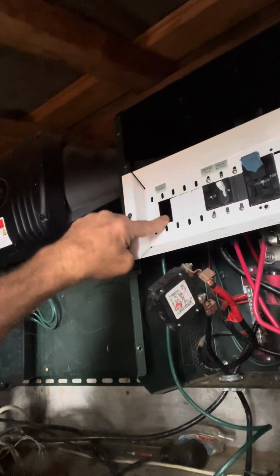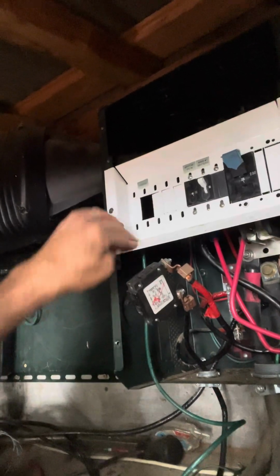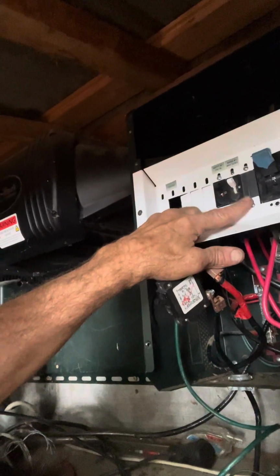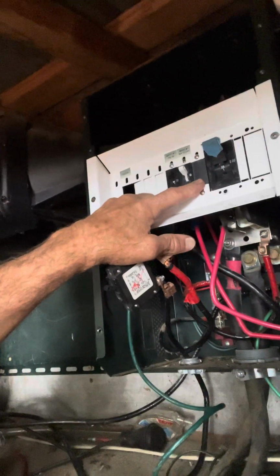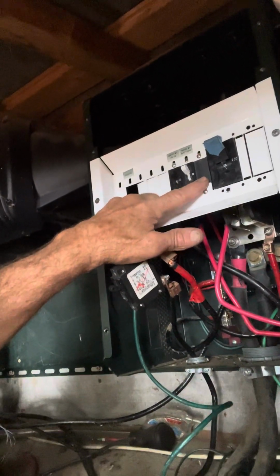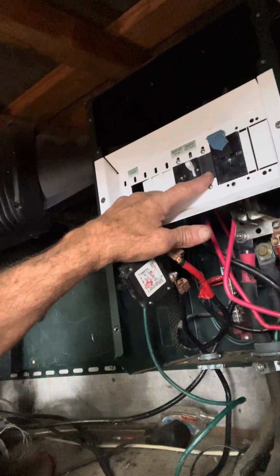This breaker is my refrigerator breaker. It normally goes right in here. I've taken it out because I've been trying to figure out exactly what was going on. This one is the one I replaced. I went from a 60 amp breaker to an 80 amp breaker so I can charge my batteries at a higher rate. This is where